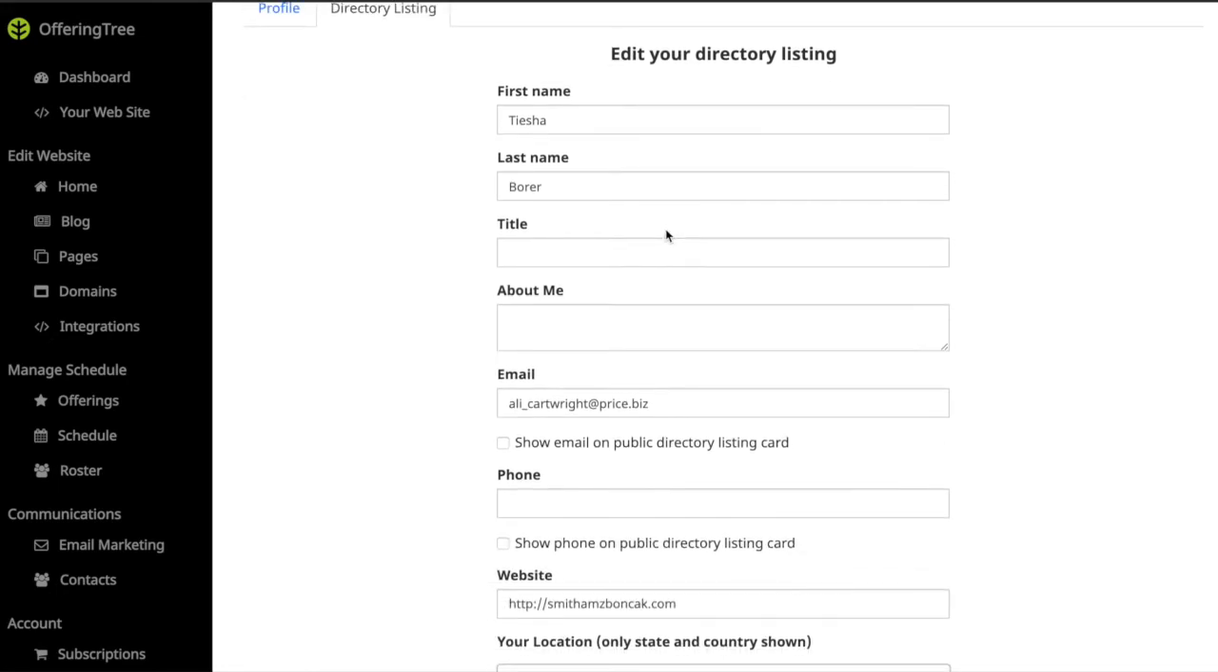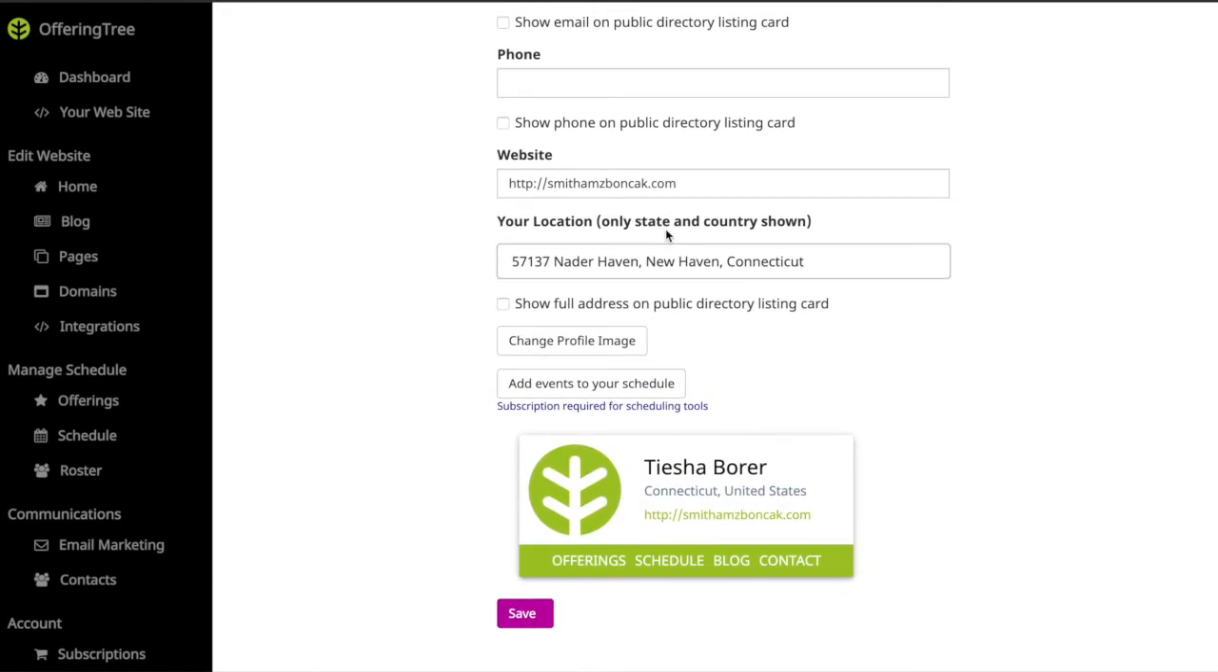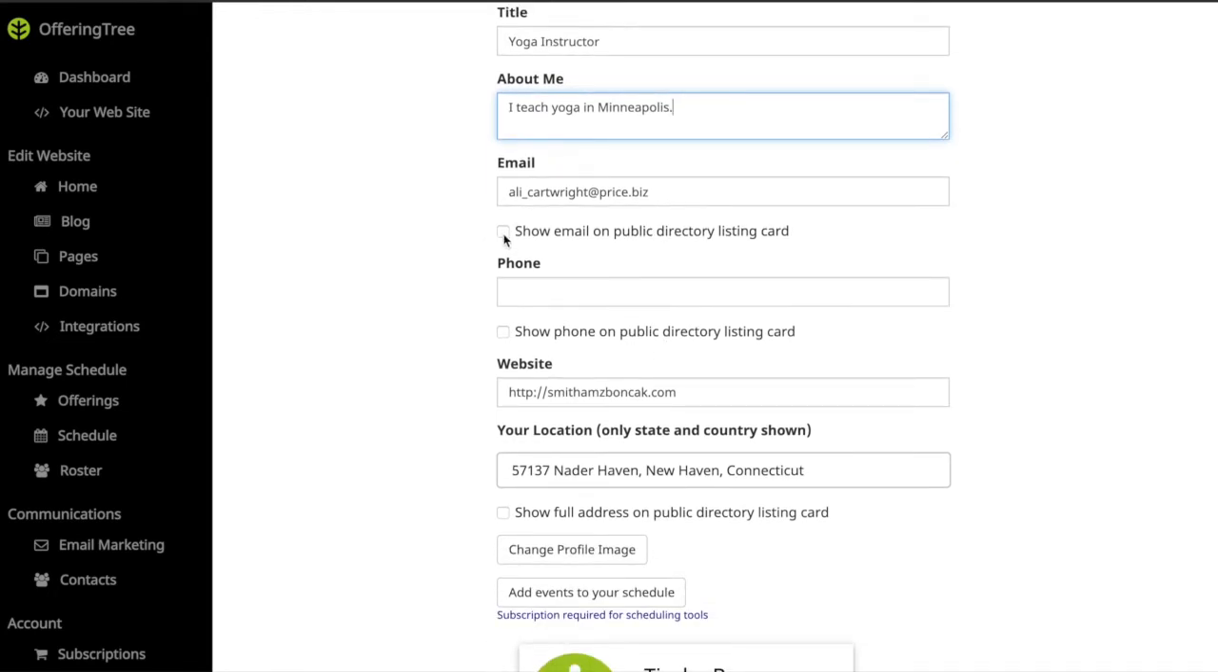Here you can change all this information, and right here we have a card that will show you, as you change things, what it's going to look like. So let's add a title. There we go, instructor, and then you can add information about me. I teach yoga in Minneapolis. That's where we're located. So you can change your email, and you can also choose to